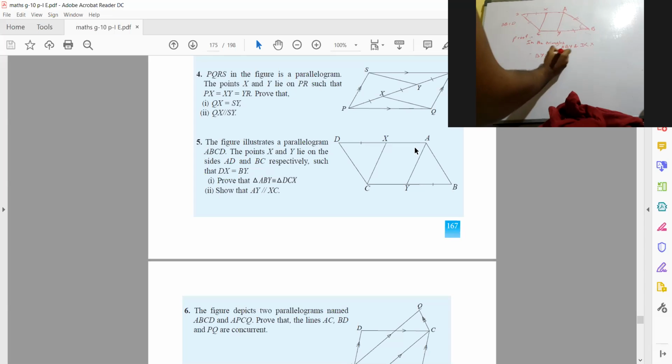You can put it in brackets as given. Then the second one, you can say